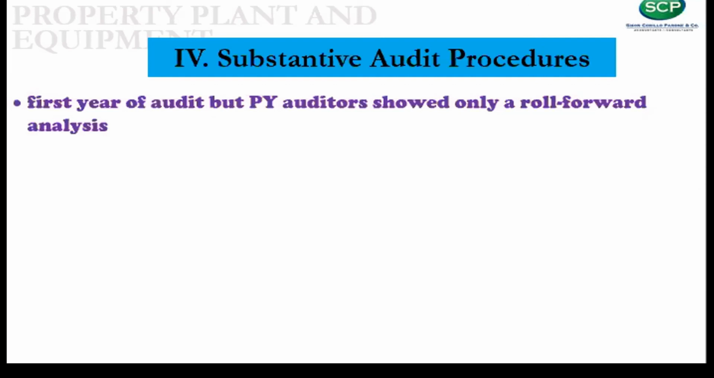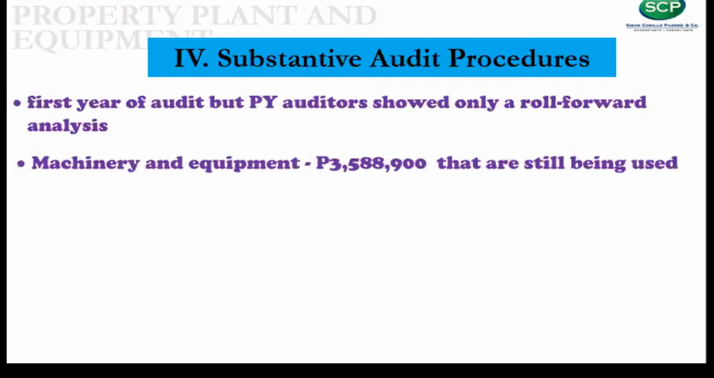You informed the client that only a roll-forward analysis was provided by their previous auditors to your audit team for review. The client acknowledged this information and agreed with the assertion of their previous auditors that the beginning balances of property and equipment were correct. The client then took the opportunity to inform you that the machinery and equipment with a carrying value of